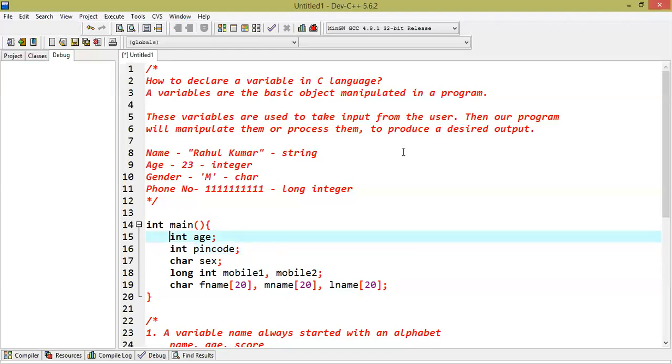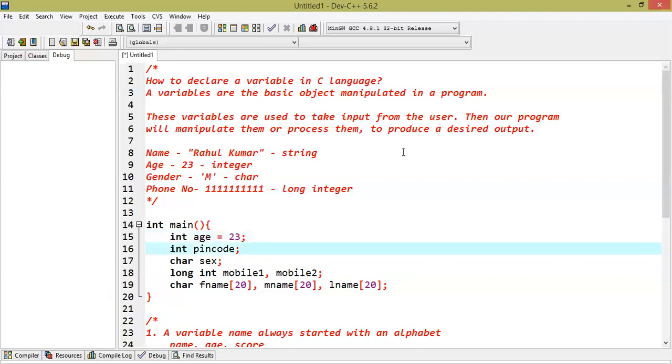Next, we're going to discuss how to assign values to those variables. For assigning values to those variables, the C programming language offers so many rules and syntax; we have various ways we can do it. Let's initialize the age by assigning a value 23. To initialize a variable, we can use the assignment operator. We call it the equal sign assignment operator, and then we can assign a value.